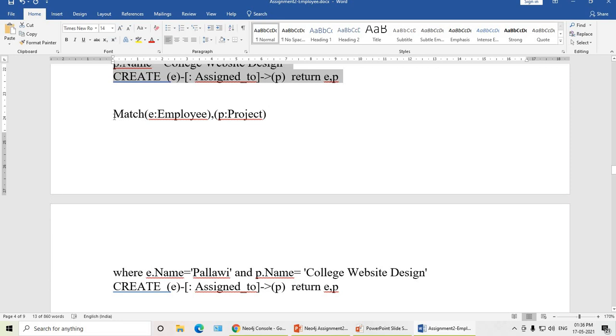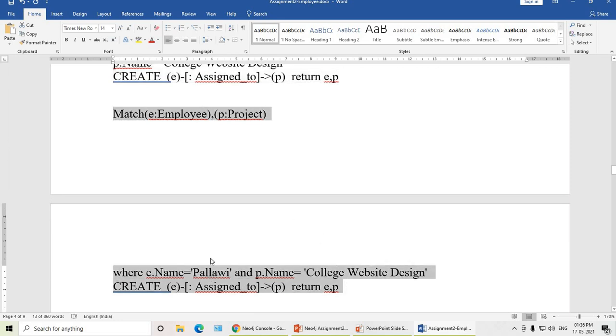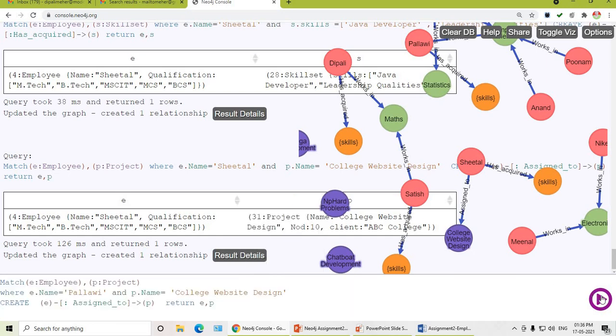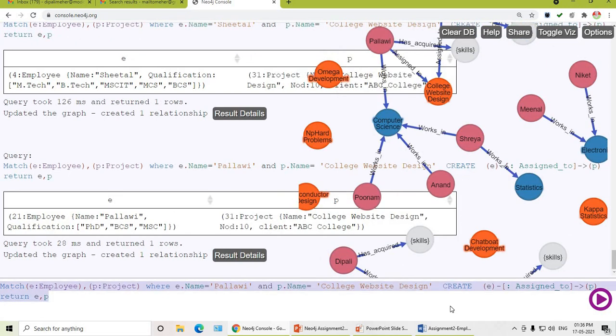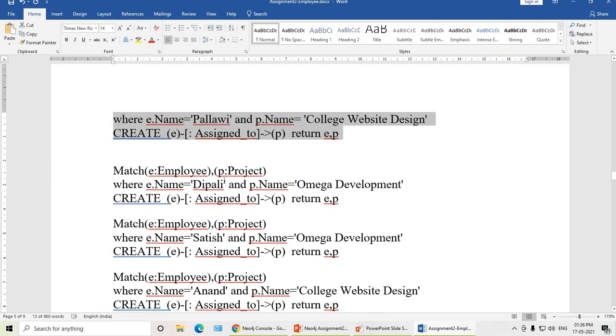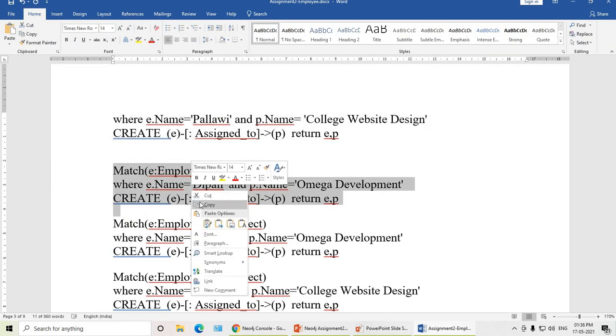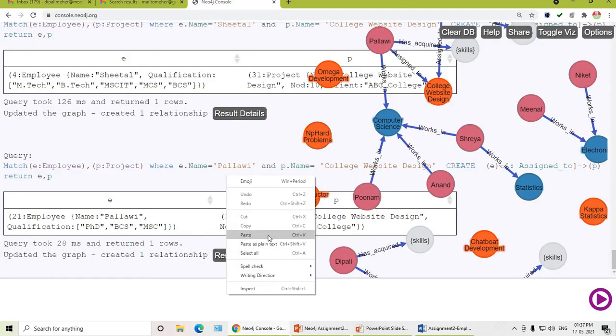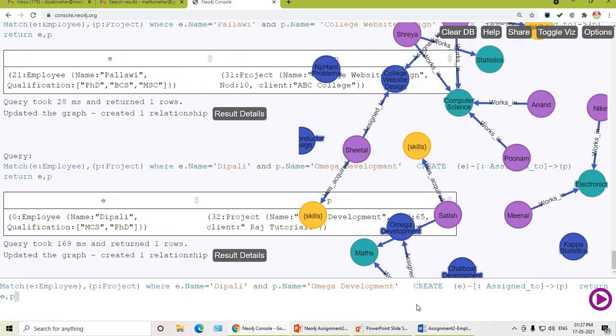So here again I will take another employee which will be assigned to the same project. It might be possible many employees from one department are working in the same project, or employees in different departments working on the same project. So let us create those relationships.